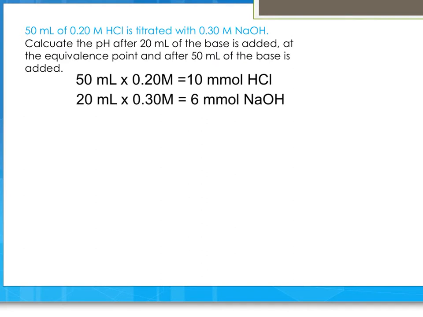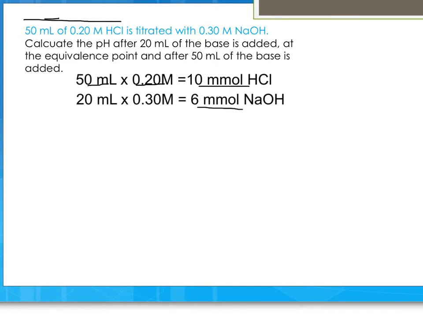So if you take the volume in milliliters and multiply it by the concentration in molarity, you get millimoles. And so starting out with 50 milliliters of 0.2 molar HCl, that means we're initially starting out with 10 millimoles of HCl. And then if we add 20 milliliters of 0.30 molar sodium hydroxide, that means we have added 6